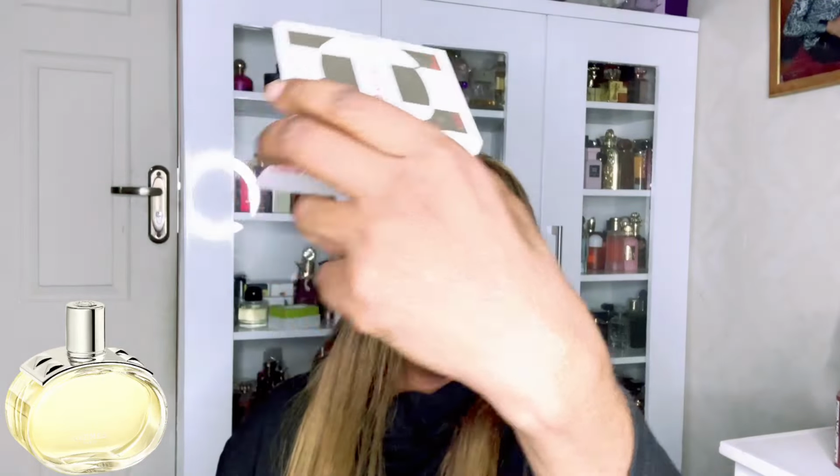The oud in here is enjoyable. It just ties things together. The patchouli is also enjoyable in here. I think those three, the patchouli, the woods, and the oak, which is what I was really on guard for, are doing exactly what they're supposed to do here, which is to give longevity to this fragrance. I'm obviously rating it based off the sprays that I put on my arm there, okay? So those are going to be few sprays, but I can tell you that 1 to 1.5 hours in,